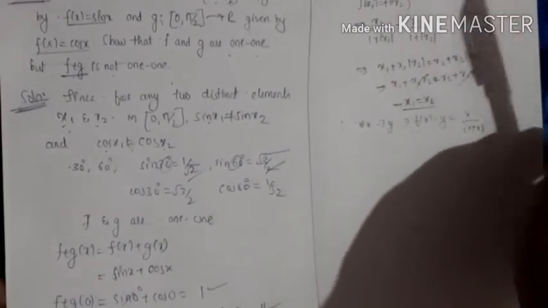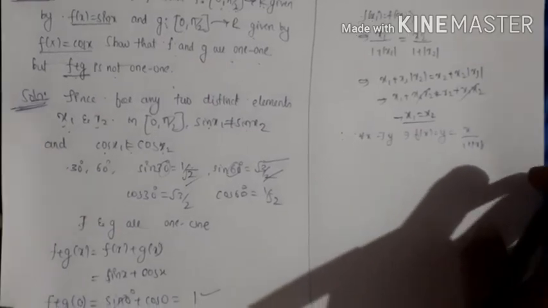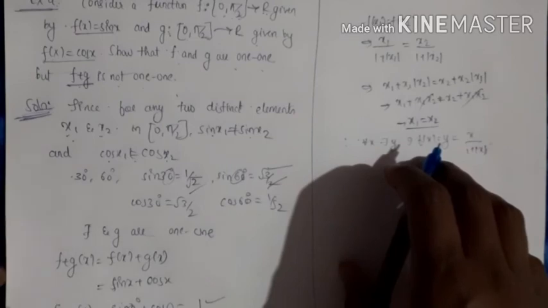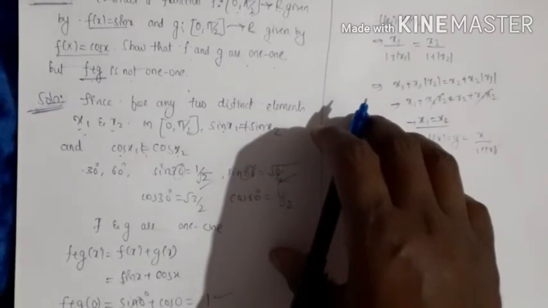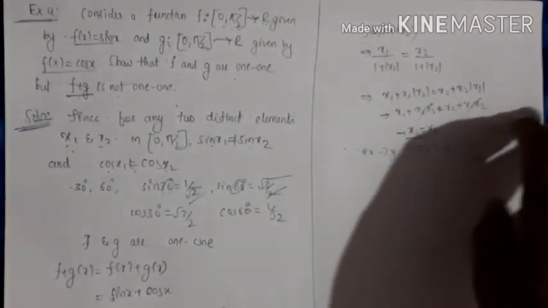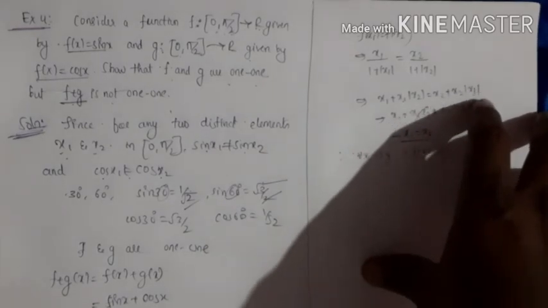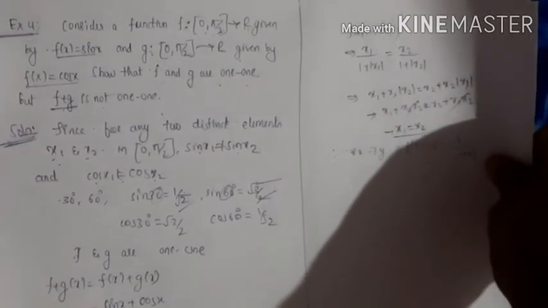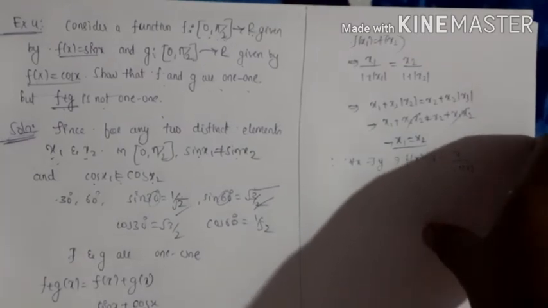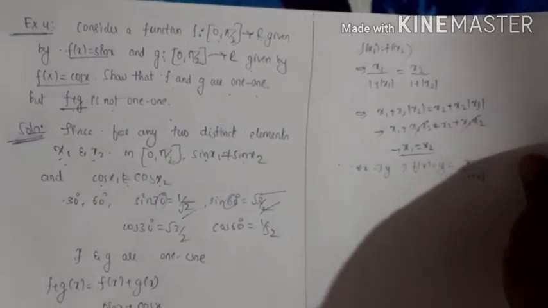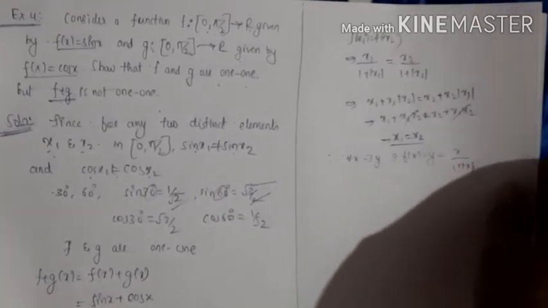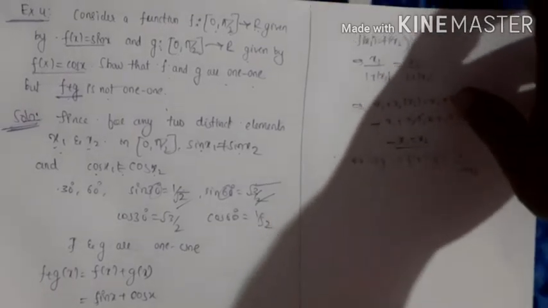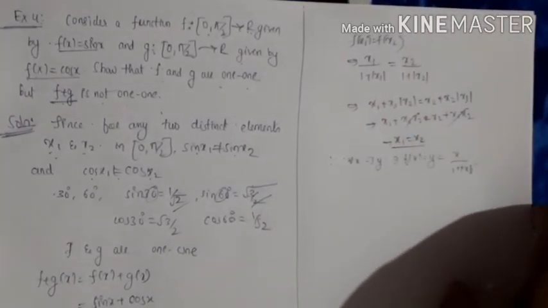By this we conclude the chapter. So this chapter completes. The solution of the exercises part is given in the description box. In this chapter we have discussed relations, types of relations, functions, and types of functions. Important are composition of functions and invertible functions, and then binary operations are also important. So these are very important in this chapter. So this completes your chapter. Thank you.